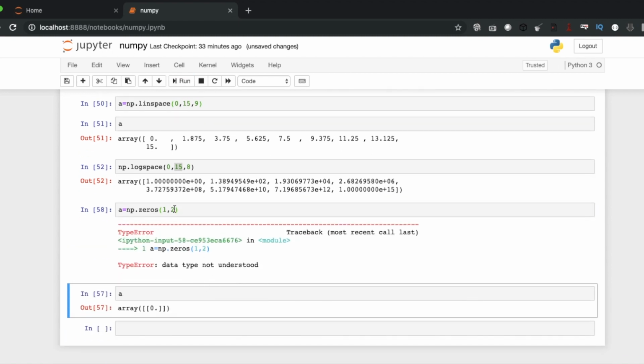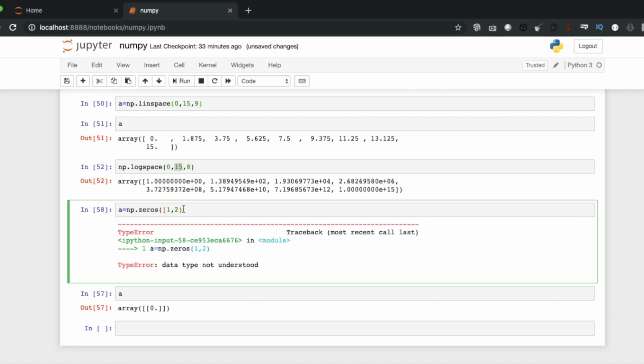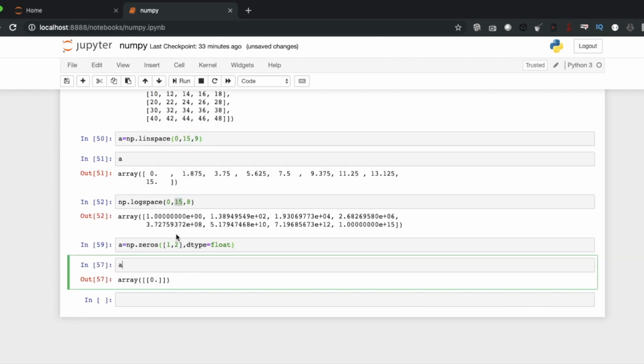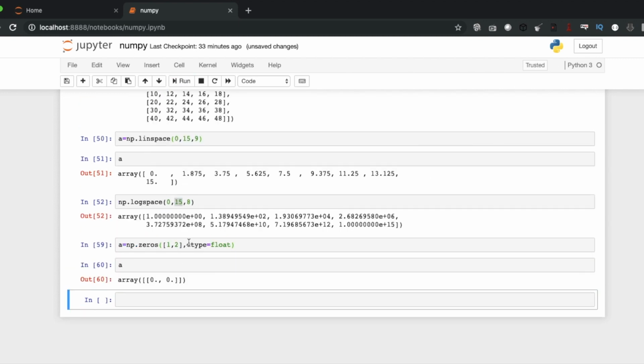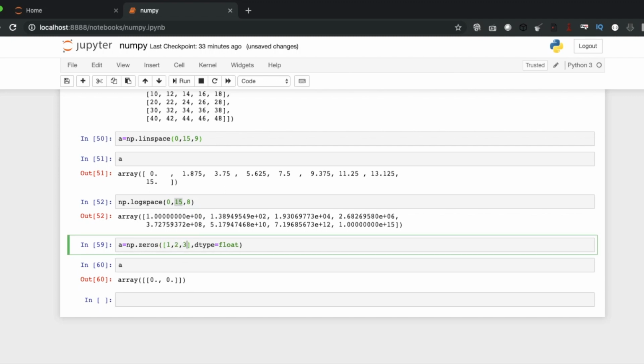Data type not understood. Think type. Okay, so if you give it like this,